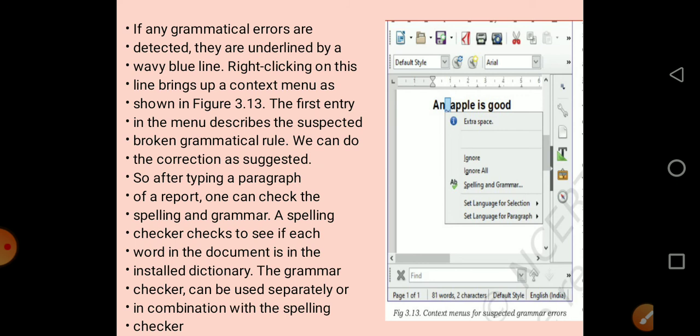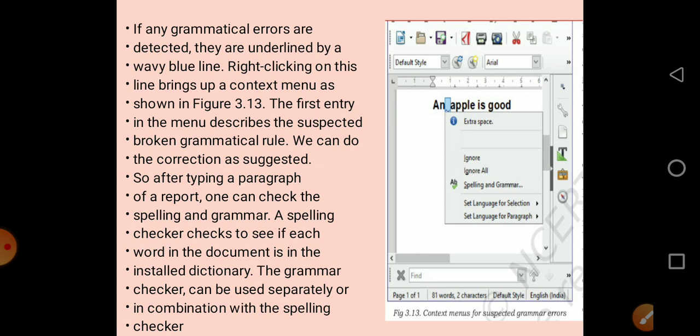The blue wavy line indicates grammatical errors. Right clicking on this line brings up a context menu as shown in the figure. Look at the figure. It shows a list of menu options wherein you can choose the options to correct your grammatical errors. We can do the correction as suggested.